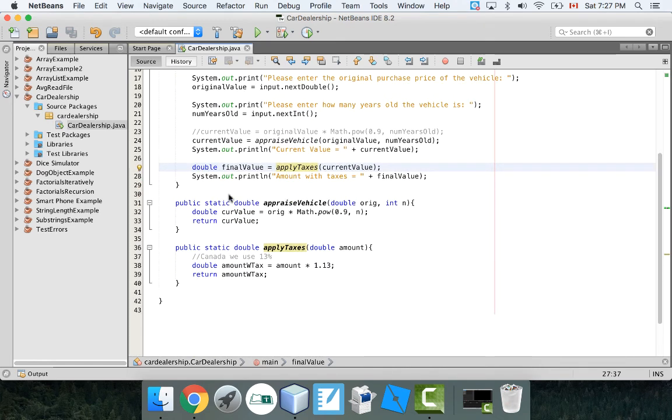Let me just show you one more thing actually. You could actually do another method too. Let me show you what the void method looks like. So void method basically means it's a method that, let's see, it returns nothing. Sorry, I'm trying to think of the word here. It returns nothing. So let's go public static void